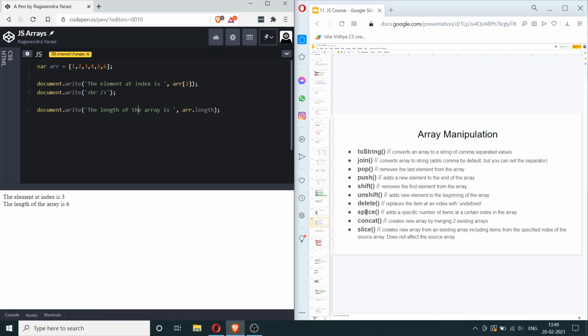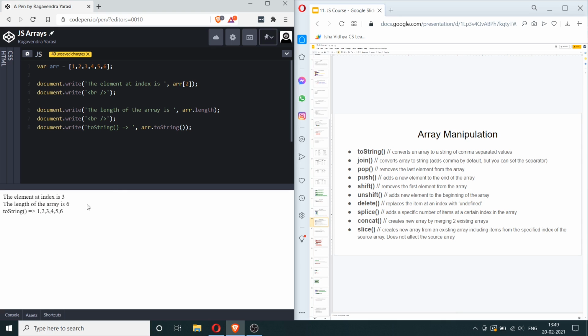Now let's look at each of these methods to see how we can use them. The first one is toString. So let's write document.write arr.toString. Let's see what that results in. Let's copy and paste this here. So you can see here that arr.toString results in this kind of a thing.